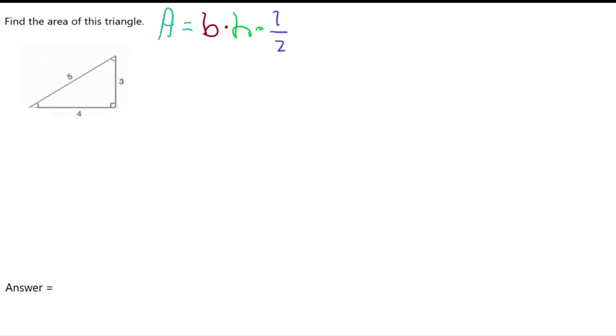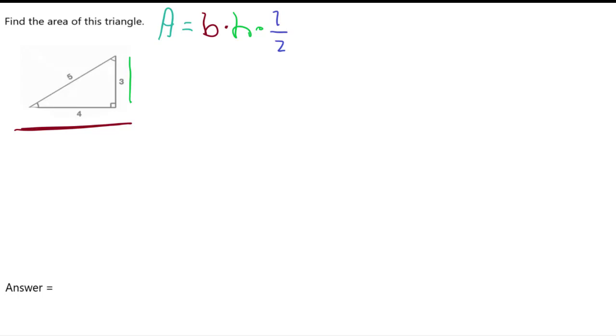So I have set up an example for us to do together. First priority is finding each of base and height. So we're going to find the base in this picture. The base would be 4, and the height, some people may think it may be 5, but height goes straight up and down, so the height would actually be 3. Now, according to the formula, we're going to multiply base times height, which in this case is